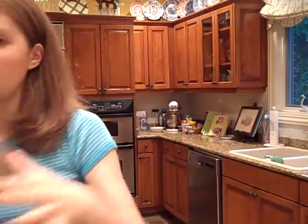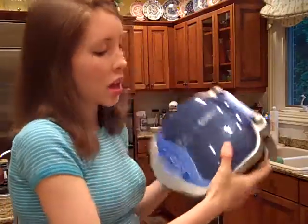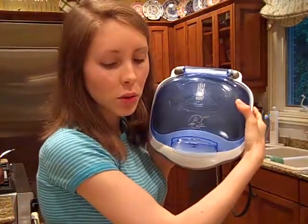Next up is my George Foreman grill. I've had this little gem since high school, and I use it for a lot of things, but mostly for grilled sandwiches, you know, grilled cheese, paninis. It's also good for grilling tofu or tempeh, if that's the way you go,